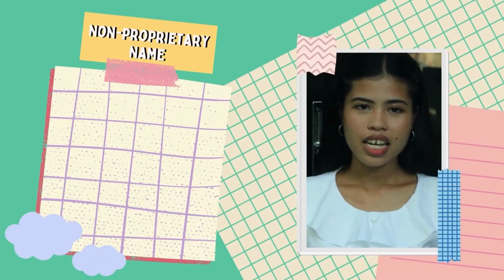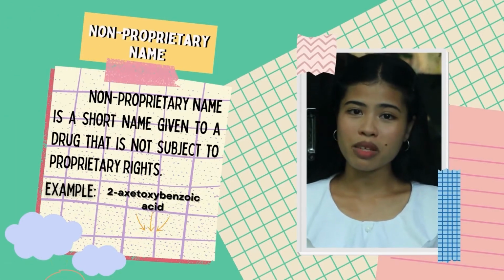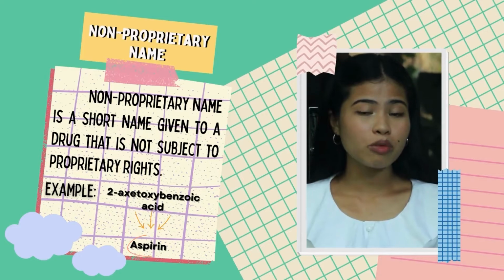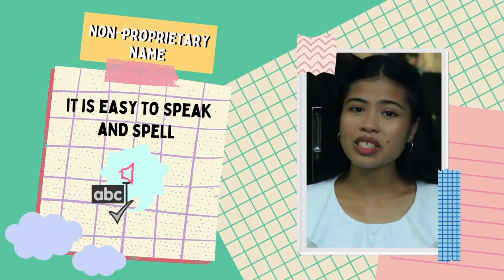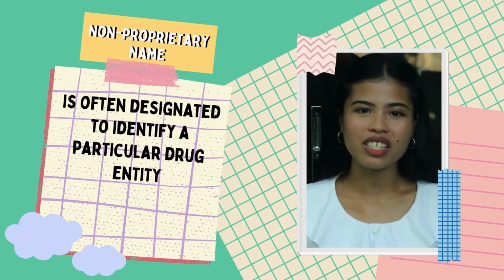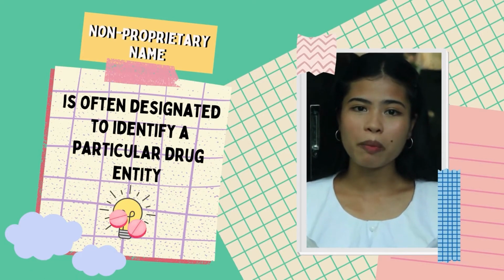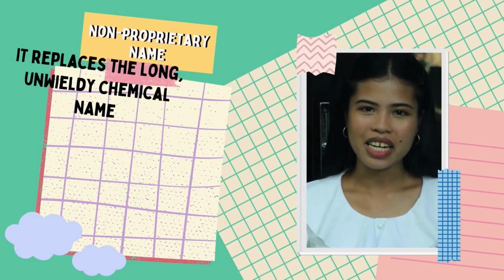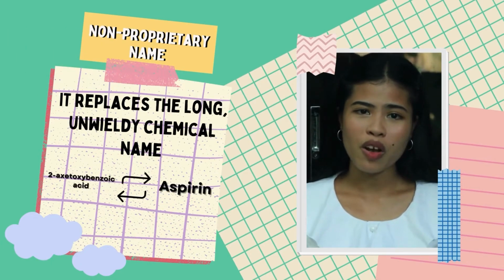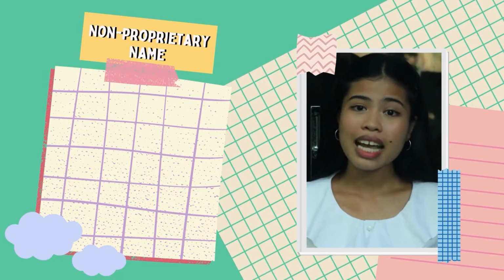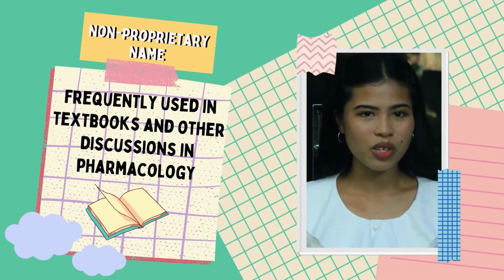On the other hand, non-proprietary name is a short name given to a drug that is not subject to proprietary rights. Non-proprietary name is easy to speak and spell and is often designated to identify a particular drug entity. Non-proprietary name replaces the long and unwieldy chemical name for a pharmaceutical substance and is frequently used in textbooks and